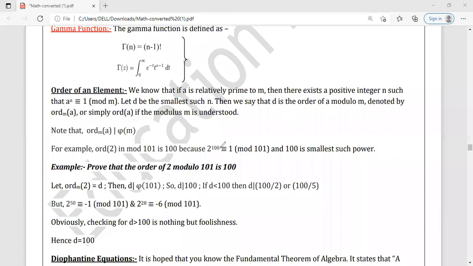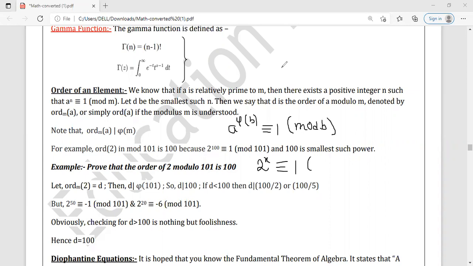See, you know Euler's theorem, Euler's phi theorem. So it tells you that a to the power phi(b), you may write it in your copy if you don't know, a to the power phi(b) is congruent to 1 mod b if and only if the GCD of a and b is 1, right? Yeah. So this theorem, for example, I am giving an example. See, listen to me very carefully. If I ask you 2 to the power how much, let it be x, is congruent to 1 mod 5.